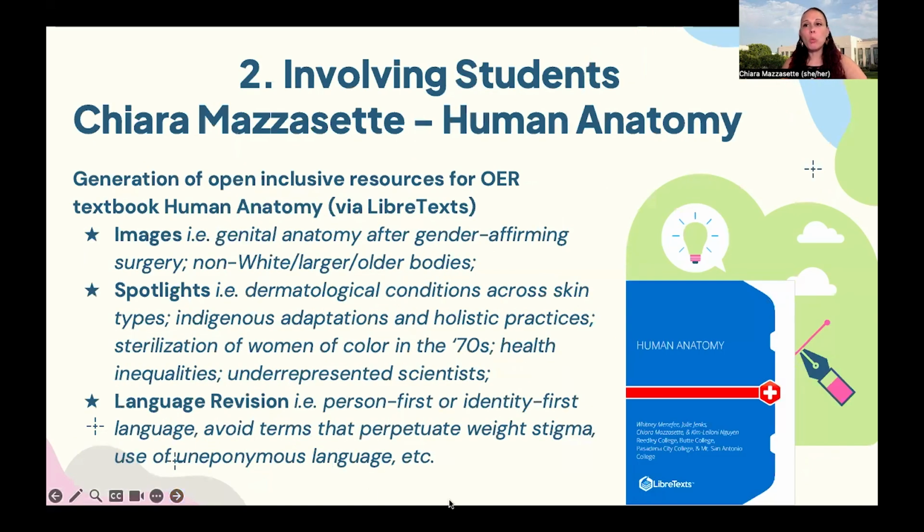Now, each member of our team will present how they involve students in their own classrooms. In my human anatomy classroom, students worked on inclusive anatomy projects where they developed open, inclusive resources for our LibreTexts